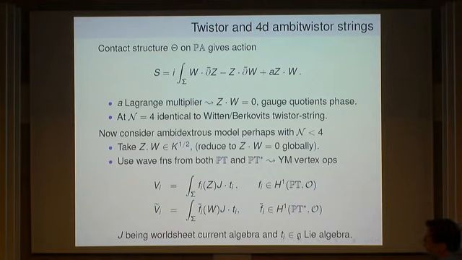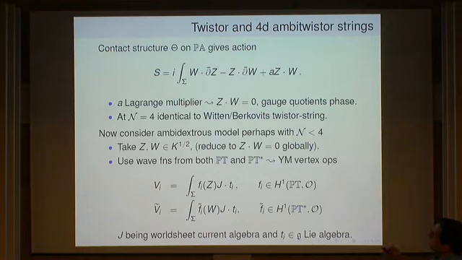So if we go back to the idea that I was talking about at the beginning, that you could think about a string theory in ambitwistor space of just holomorphic strings, and that might give you some interesting insights, then what that string action was based on was the contact structure. You basically put d bar instead of d inside the contact structure, and that is the action for the